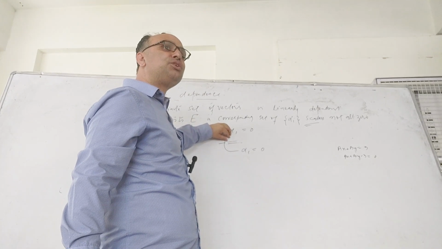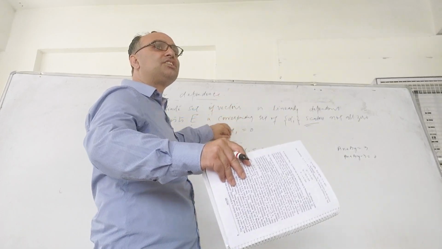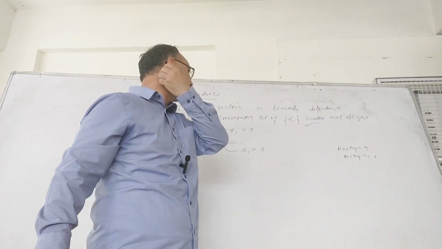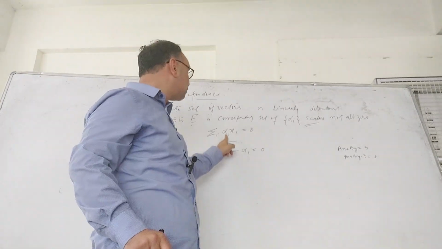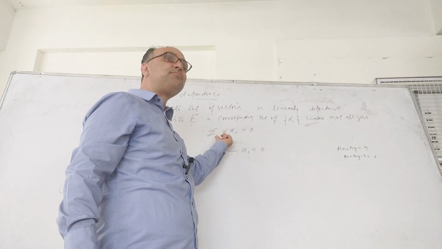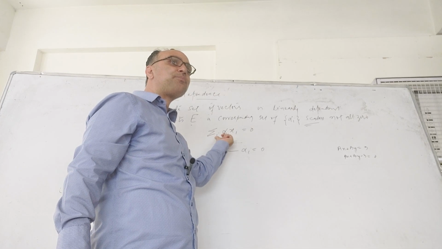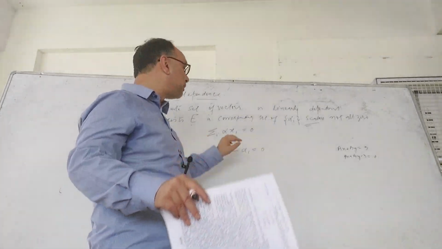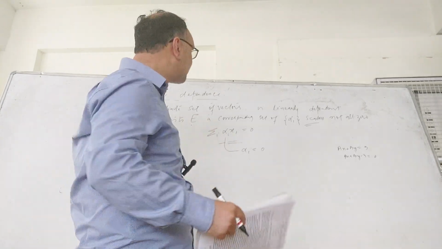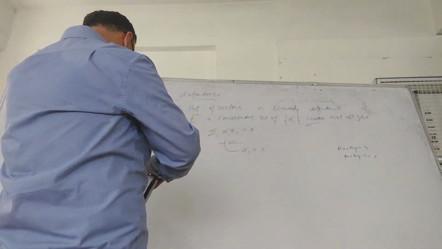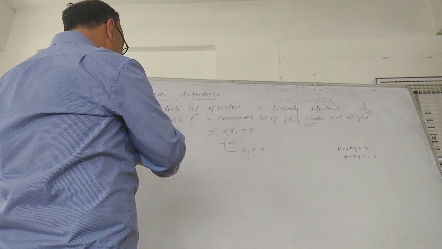So if it is zero, for different combinations of alpha i being zero, it's straight, and the condition is defined as linear independence. But still, if the sum is zero, this means that individual scalars will not be zero. So that's the point. If it is the first case, we define it as a sort of